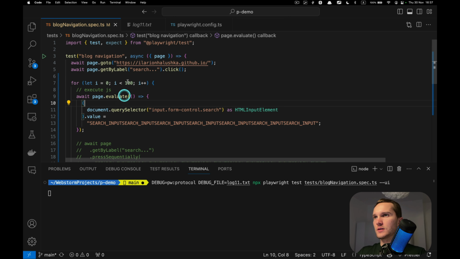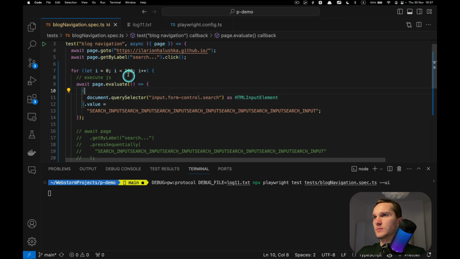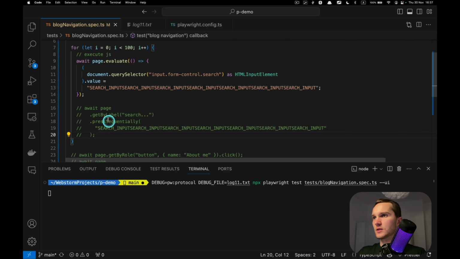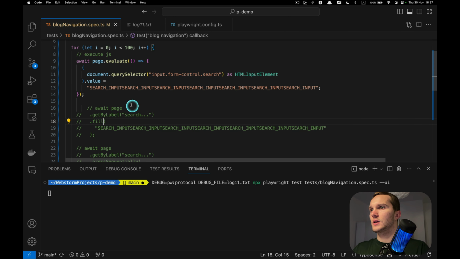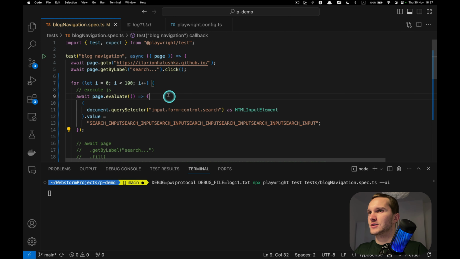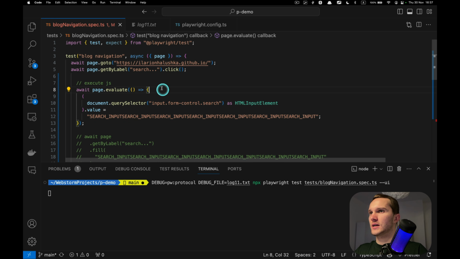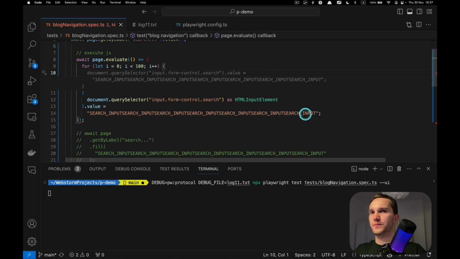But Playwright does some additional checks when it executes the fill method, which I deleted by accident. So we did this even faster, and to make it even faster, we can actually run this loop inside of execute JS, inside of here.